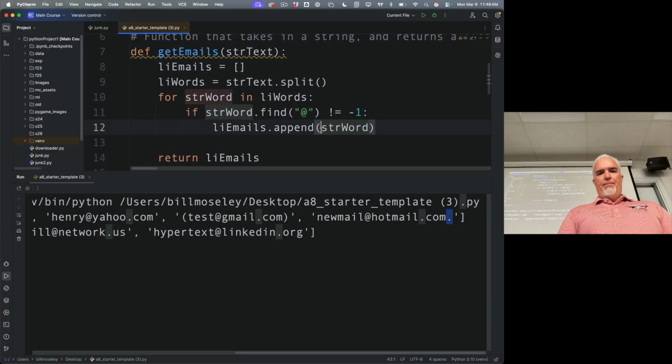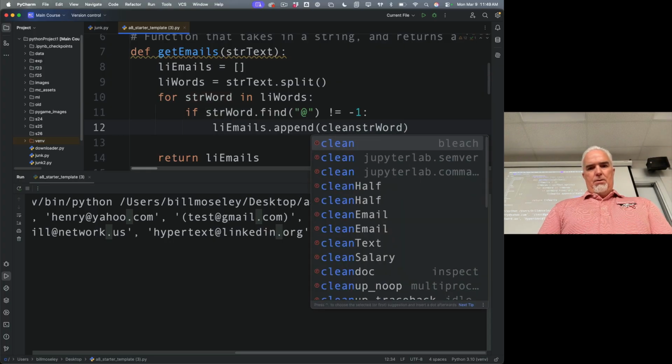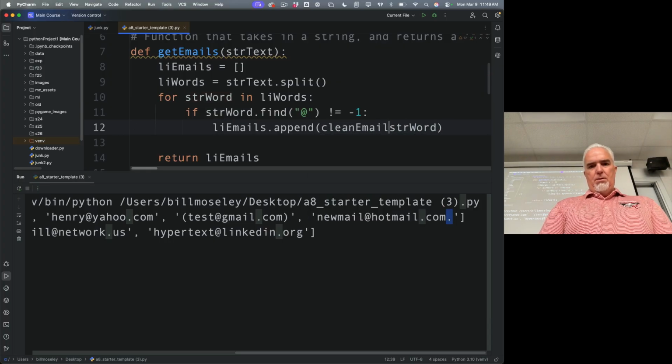Well, it's right here. I'm adding the email to that list. The easiest place to clean it is right before I add it. And so I can just put that right in there. And so each word, if it has an @ sign, gets run through the clean email and then added to